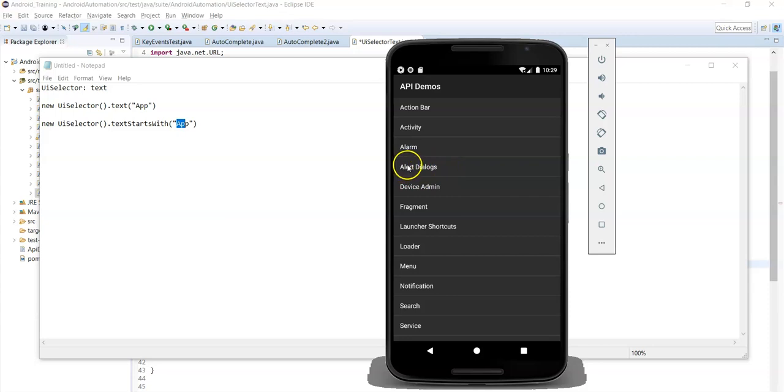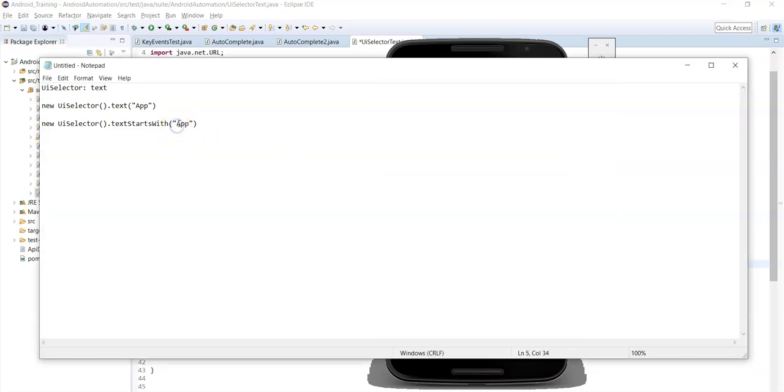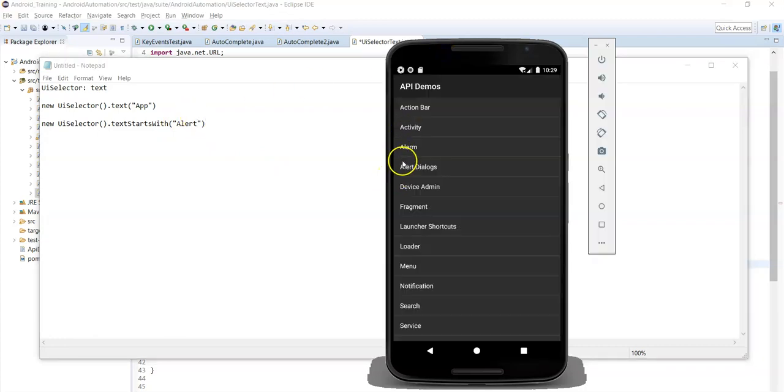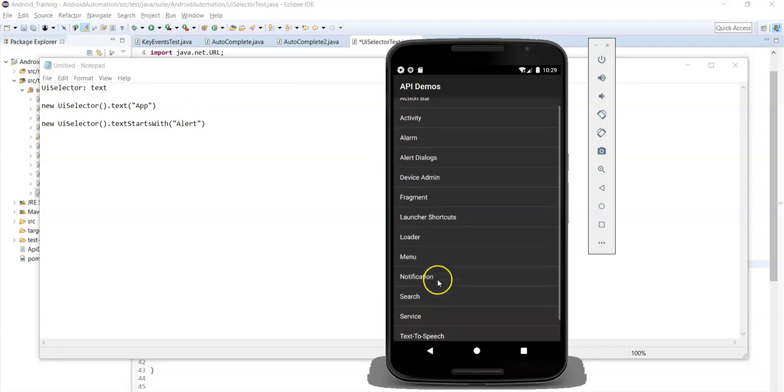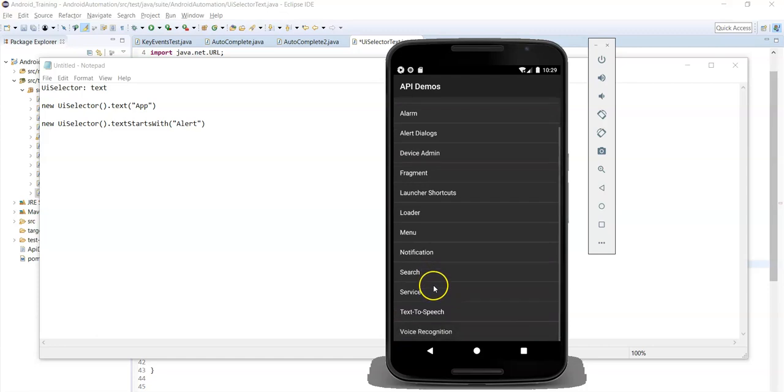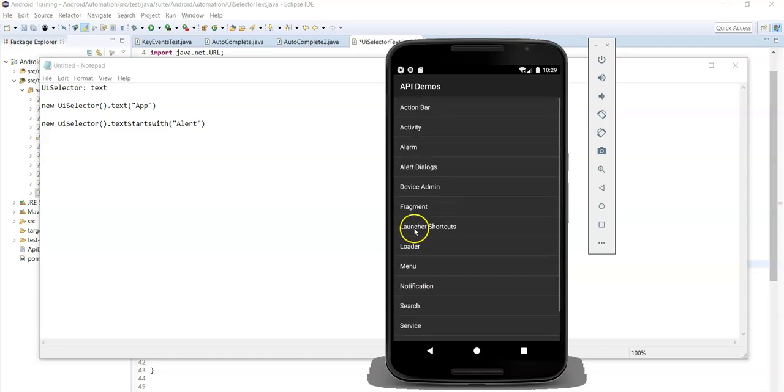What is the text attribute value for this? Alert Dialogues itself, right? So now you can pass some starting value, so you can pass Alert, to identify the unique element. There is no other name that starts with Alert in this screen, so you can give the starting value Alert.